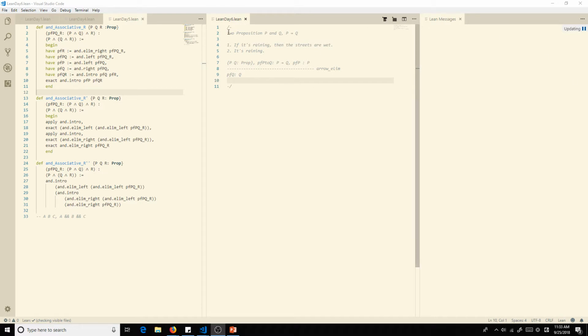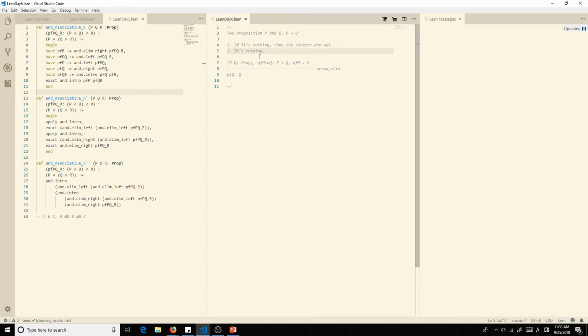So if we have two propositions, P and Q, we could make a different proposition that P implies Q. Here's some examples. For our first one, if it's raining, then the streets are wet. Now sure, there are some arguments to be made, like what if it's under a bridge, and maybe that part of the street's not wet, but in general, if it's raining, then the streets are wet. Our second one is that it's raining, so that's all we have for that one.